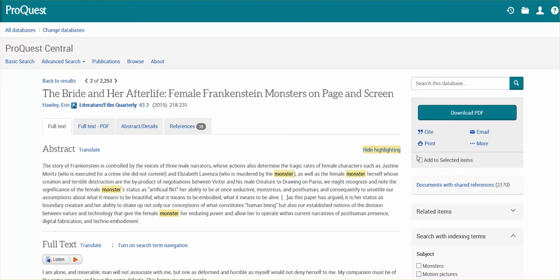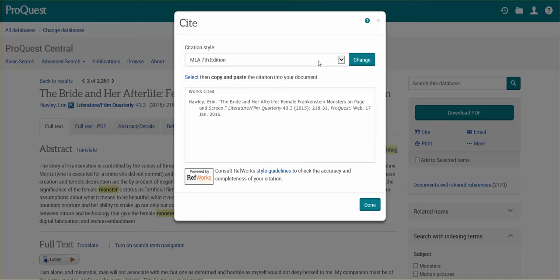And you can see all three databases have had something different about where to find the citations. So that's why you have to spend some time working with all these individual ones. But once you've worked with a few, then you start knowing where to look for the citation information. All right, so here's my cite option for ProQuest Central. And it's going to give me a citation, MLA. Again, I could change it if I needed to do something else, but it defaults to MLA. I can just copy this, and I need to look occasionally, make sure that everything's capitalized properly, formatted properly. And if it is, I can just copy it to